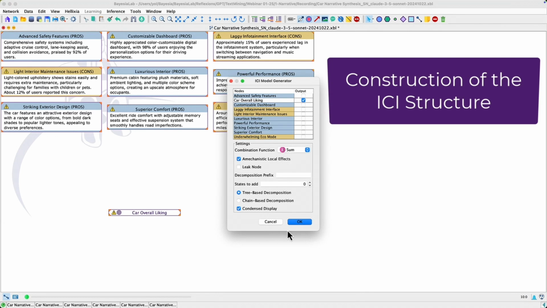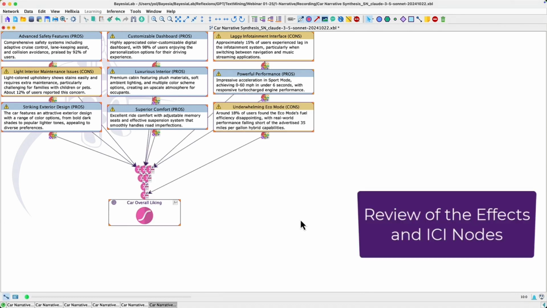And the other options are not important today. So with that, I have my structure. So you can see I have a child associated with all these nodes. And then we have these pink nodes here that are sum, where we are adding all these effects into a final sum node that we will map to our target.